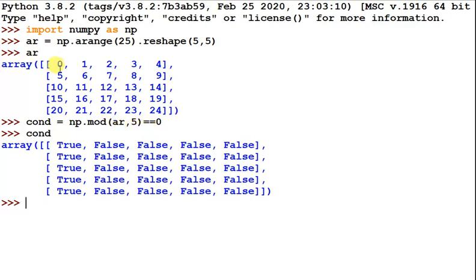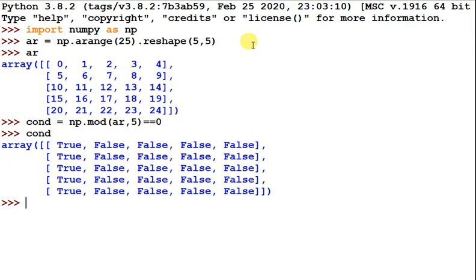When you divide 0 by 5, the remainder is always 0. 1, the remainder comes 1, so that's why it becomes false. 2, remainder 2, so false. 4, same. 5, when 5 is divided by 5, it is true. Then 10 is true. So this line only is true.